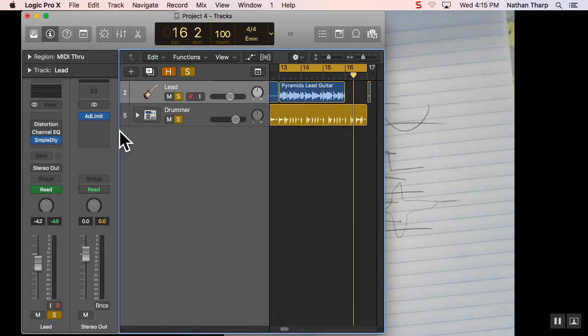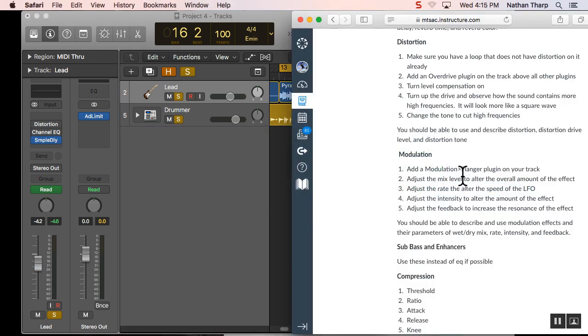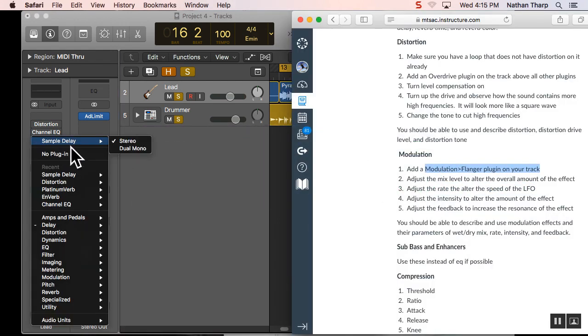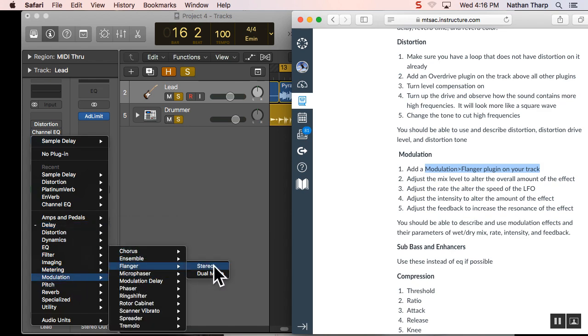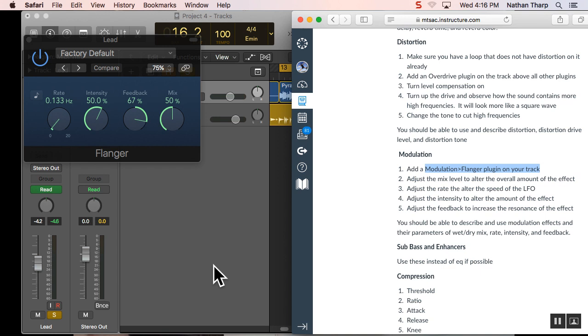So if you go back to the thing, I'm going to put in a flanger right here. Okay, I'm going to go to modulation, flanger. Most modulating plugins have the same parameters. Wet, dry mix, like we've seen. A rate, just like we saw with the echo. The intensity is how much it's going to shift. Is it going to go from a 10 millisecond delay to a 60 millisecond delay, or is it going to go from a 10 millisecond delay to just a 15 millisecond delay? More subtle. And then the feedback is just the resonance, which means it'll feed itself back into itself so that